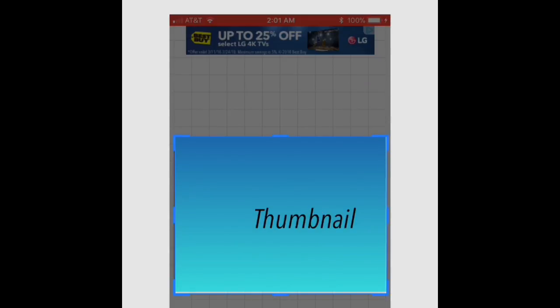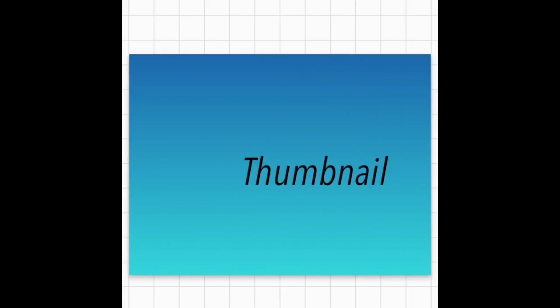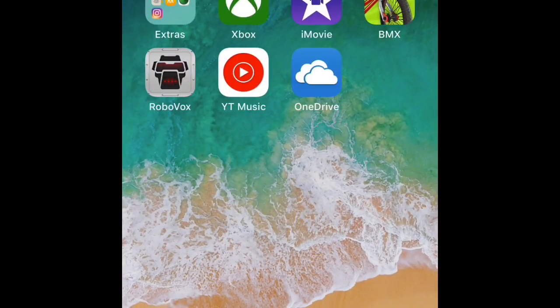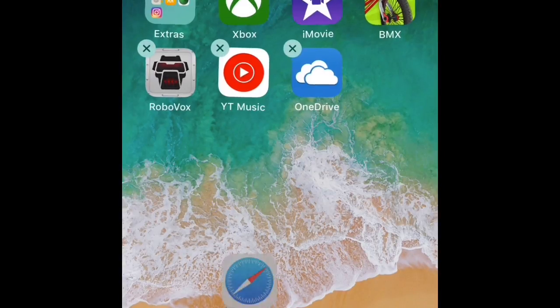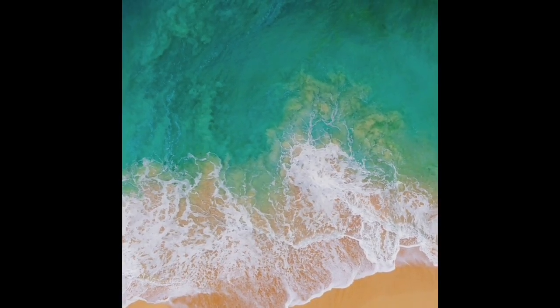Once you have done so, then you will go back to the home page. And then you'll go over to Safari. You'll look up YouTube. And you can't have the YouTube app. Once you have looked up YouTube, which I'm doing right now,